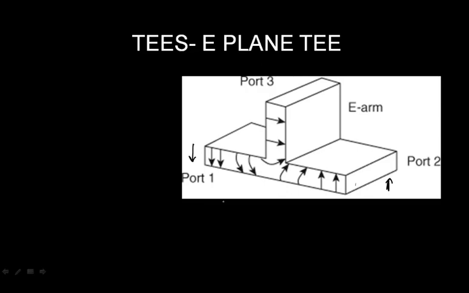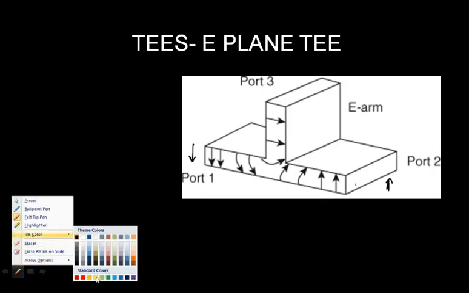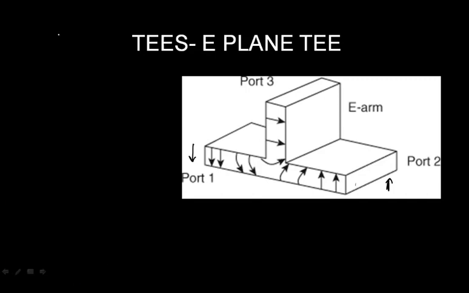Now, here we are going to talk about the scattering matrix of an E-plane T. Now, T's can be used to describe the properties. In general, the power out of port 3 is proportional to the difference between the instantaneous power entering from port number 1 and port number 2. If I'm interested in simplifying this, then I can say whatever output I'm getting because of input given to port number 3 will be opposite of S13. Okay, because it is 180 degrees phase shifted. Okay, so you are going to use this property when you talk about the scattering matrix of the E-plane T.